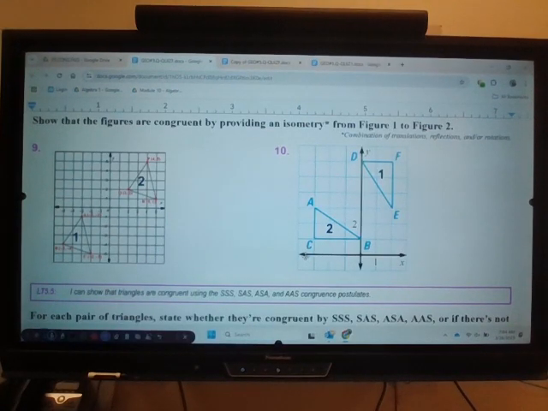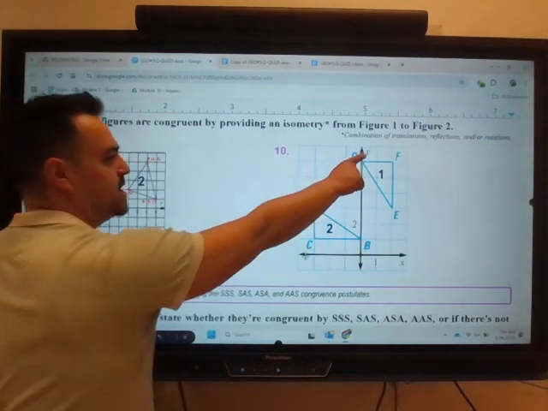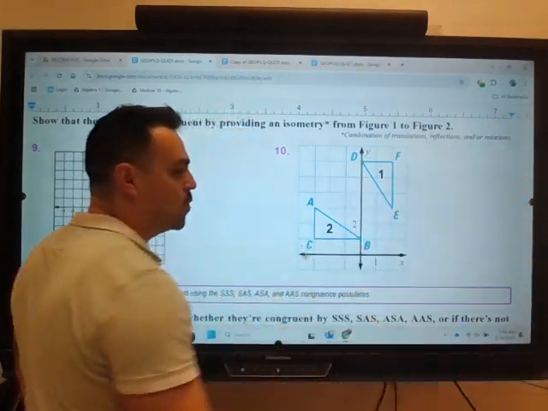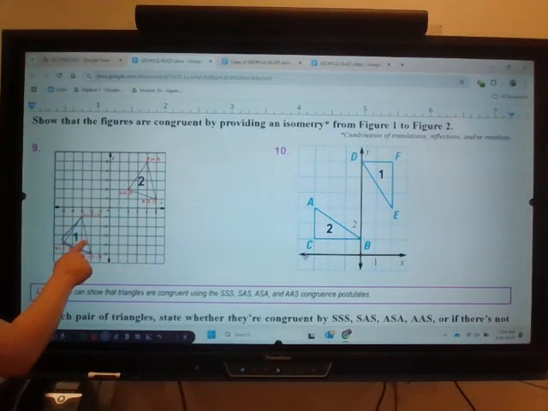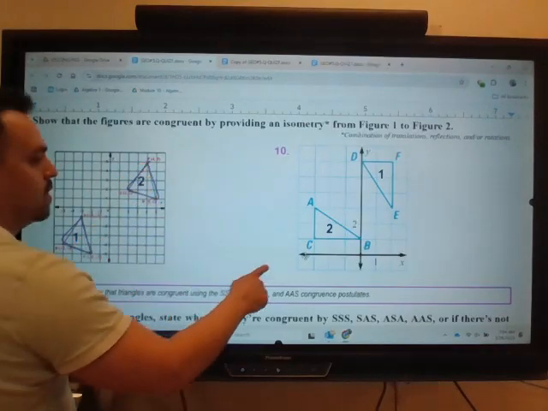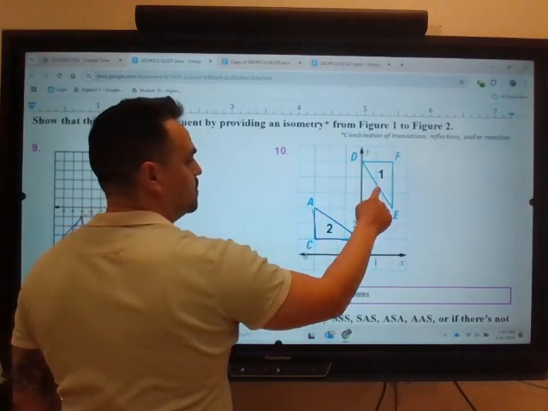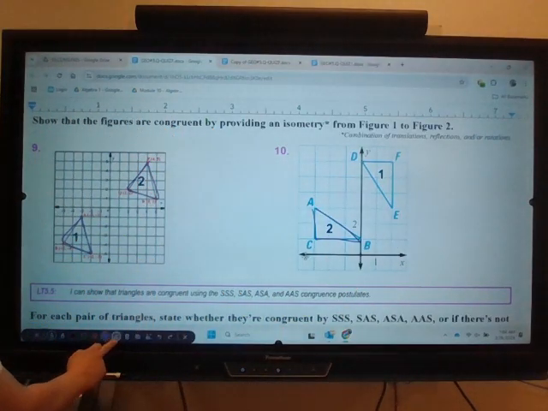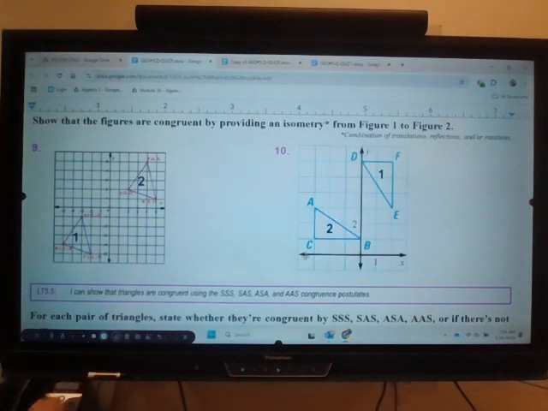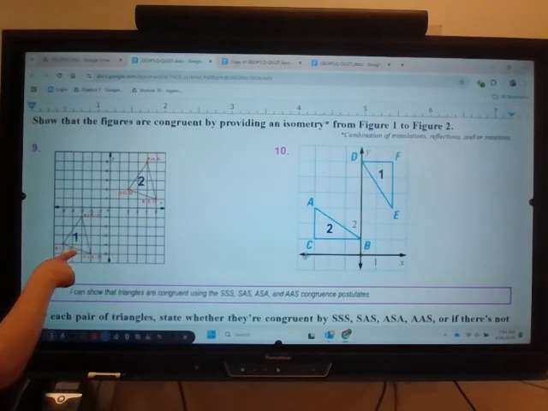All right. For these questions, you're going to need to prove that some sort of isometry, which is a combination of translations, reflections, and or rotations, gets you from this figure here to this figure here, or from this figure here to this figure here. Let's prove it, and we're going to prove it using, let's see, in this case,